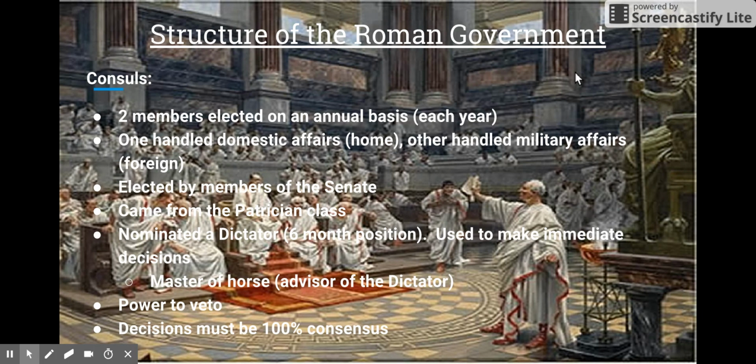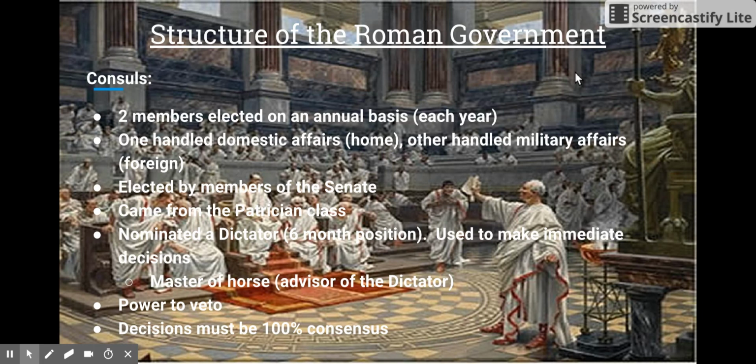Now, in case the two consul members were trying to decide on a specific direction for Rome, the consul members had the power to what we call veto. Veto gave the consul members the right to deny a law or a suggestion made by their counterpart. And if there was a situation where both consul members could not agree, one vetoed the other, but yet a decision needed to be made swiftly, justly, quickly. They didn't have time to deliberate any longer.